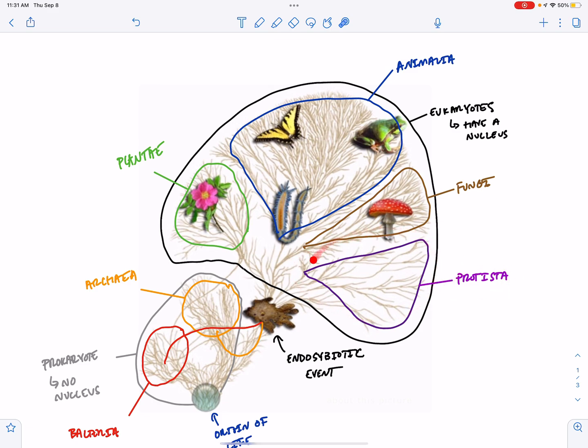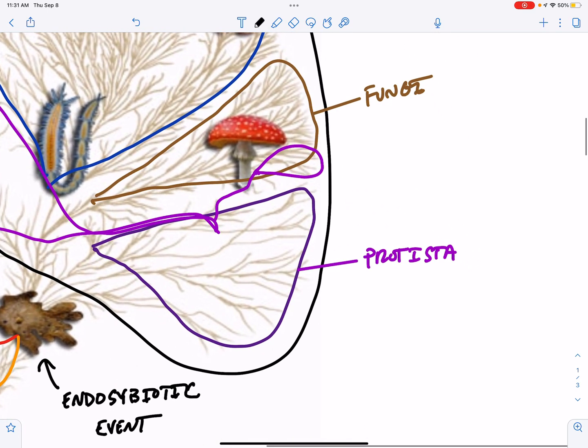I've shown it over here as one group, but I should actually circle some fungi over here and add them to my group, and some things that are more closely related to animals and add them to my group, and some things that are more closely related to plants and add them to my group, because the grouping of protists is not an evolutionary or genetic grouping. It's a physical characteristic grouping, and protists are all